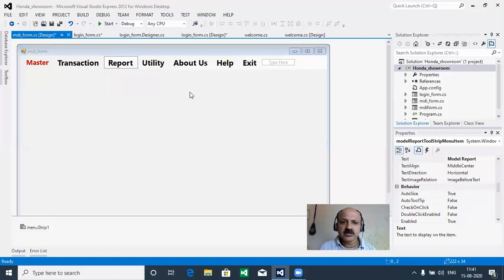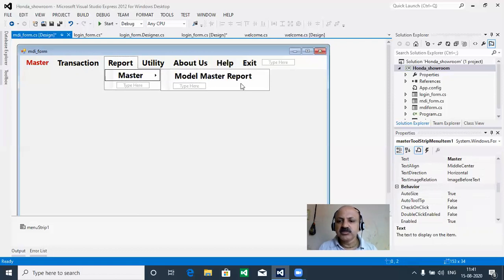So that looks like this. So now it is a model master report. So that is also a possibility. There are two ways according to your requirement, or you can run and see your MDA form and how it's better. So that design you can finalize after the last step. Some testing is needed in the MDA form designing.